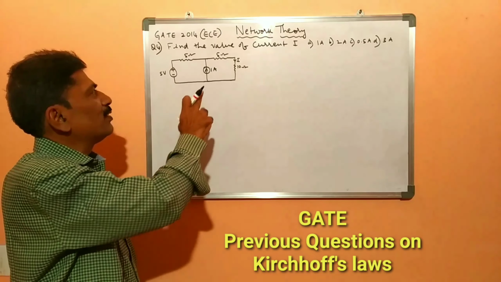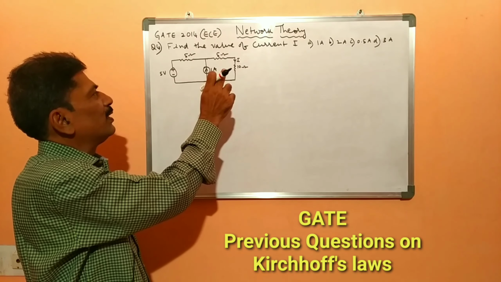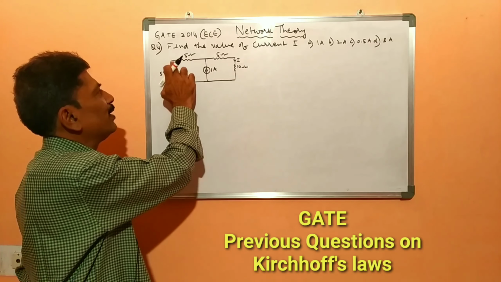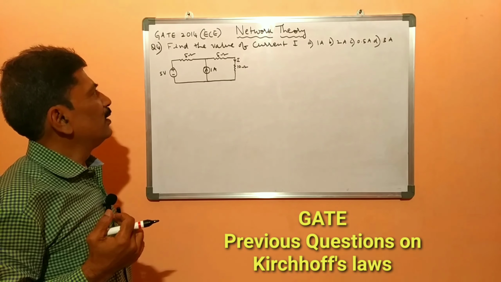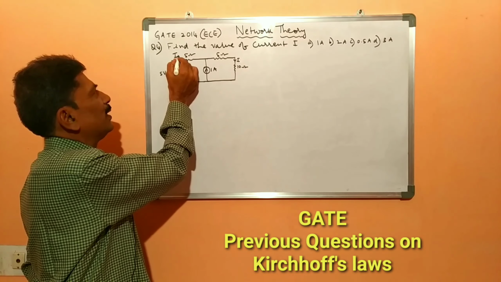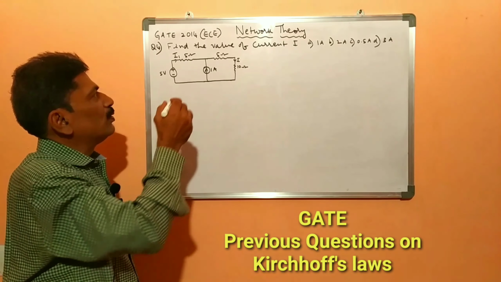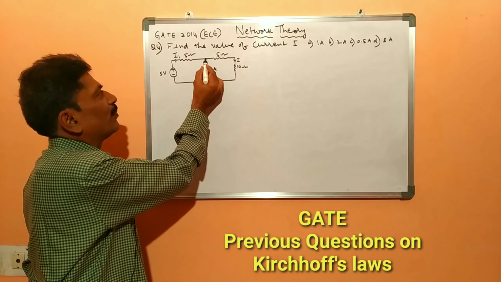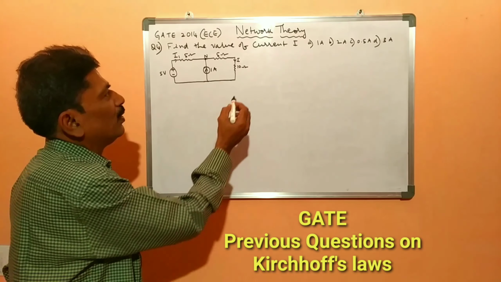If you can find out the currents in this branch in terms of I, after that apply KVL to the outer loop to find out the current. Okay. So let I1 be the current delivered by the 5 volts source. So here, if we apply KCL at this node, let it be N. At node N,